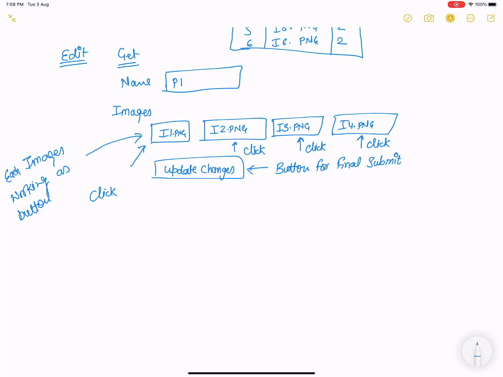When you click on a single image, a pop-up will open to upload a new image. Suppose I'm drawing a pop-up for picking a new image for the section i1.png. I just want to replace that image with a new one.